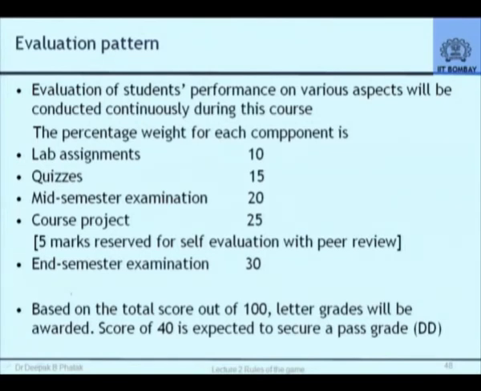We'll have a course project where a team of students will work on that project together. That's a major component of the course where you will actually learn to write large programs. That will have 25 marks. A novel aspect of my course is, out of these 25 marks, there are 15 marks for the project, which the entire group gets. So 5 of you do a project, and suppose that entire project is evaluated to be equivalent to 11 out of 15 marks.